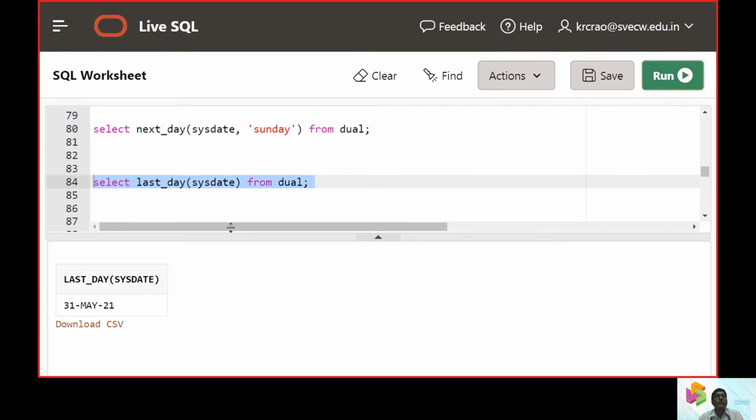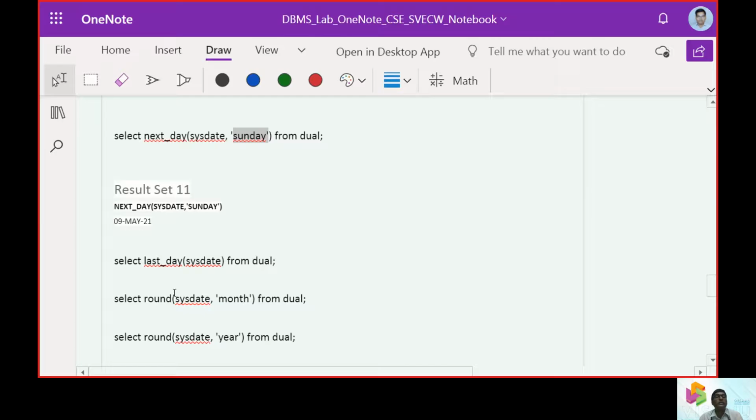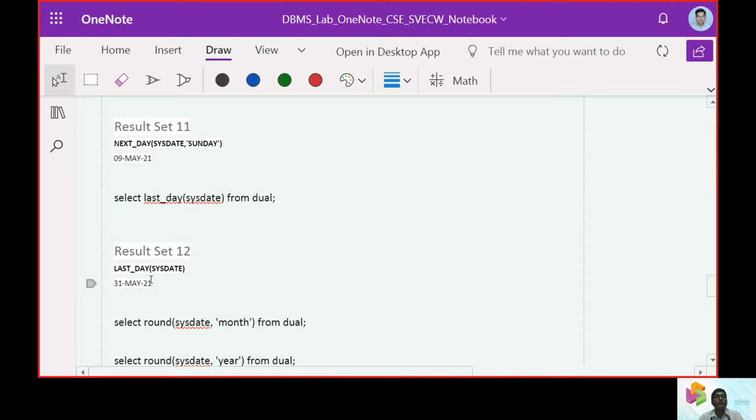What was the last day? We are in the present month, and in this present month we have 30 days or 31 days, and we need to understand it. For that we are going to get this last date.